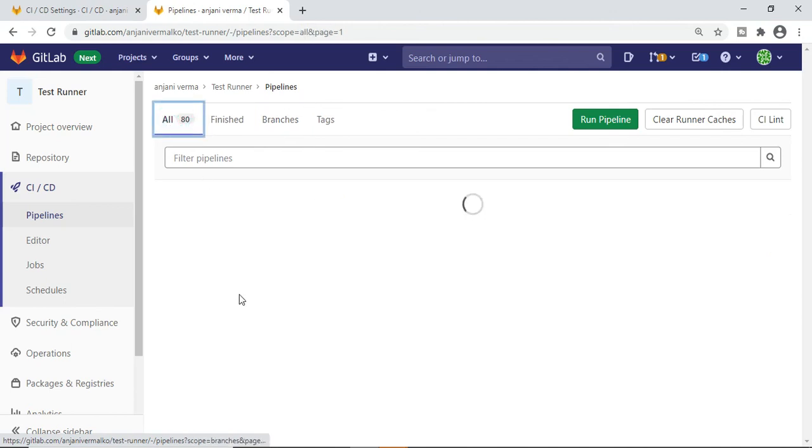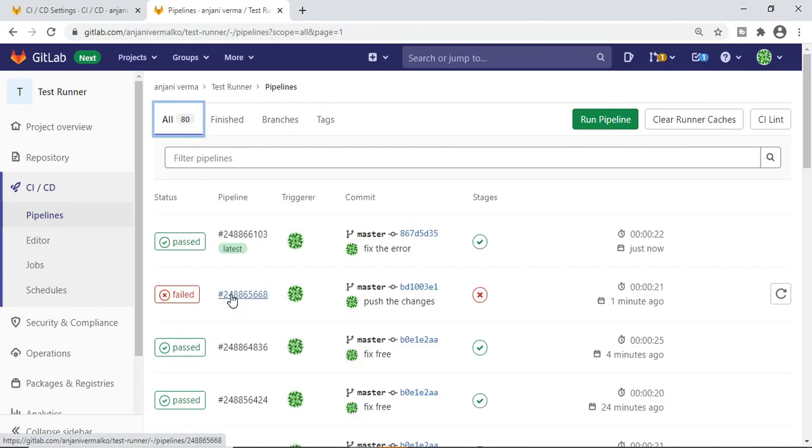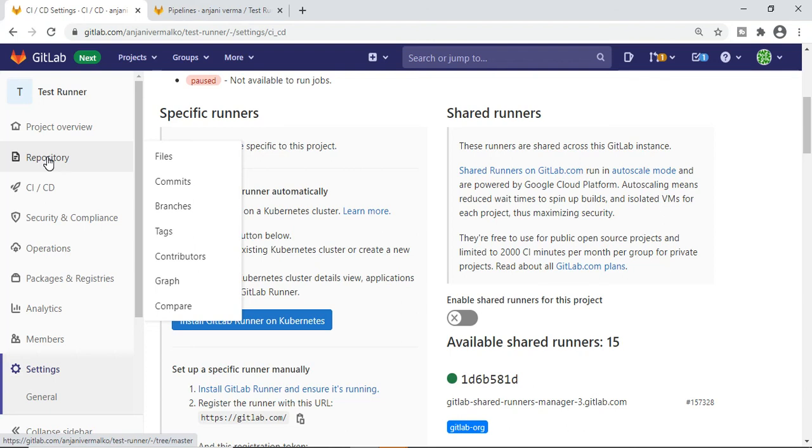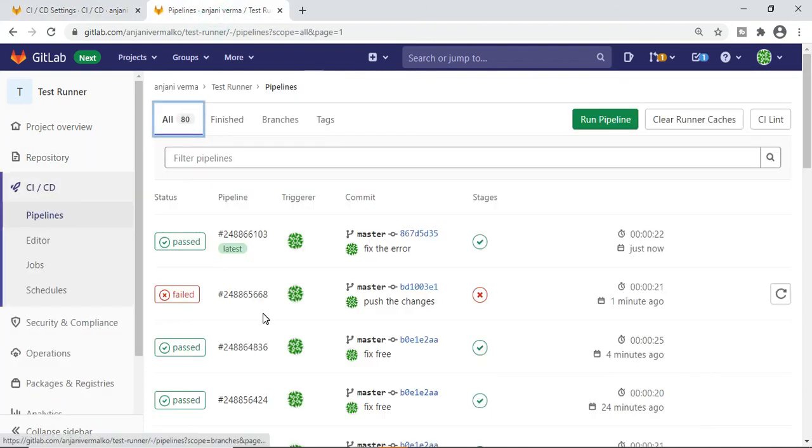The branch is still in running mode. So it's passed. Now it shows that whatever you have set up in your YAML file is perfectly alright, your file is alright, and CI is running perfectly.